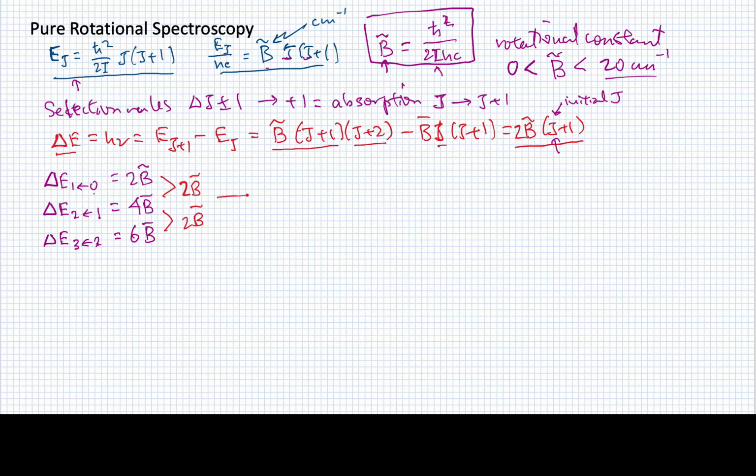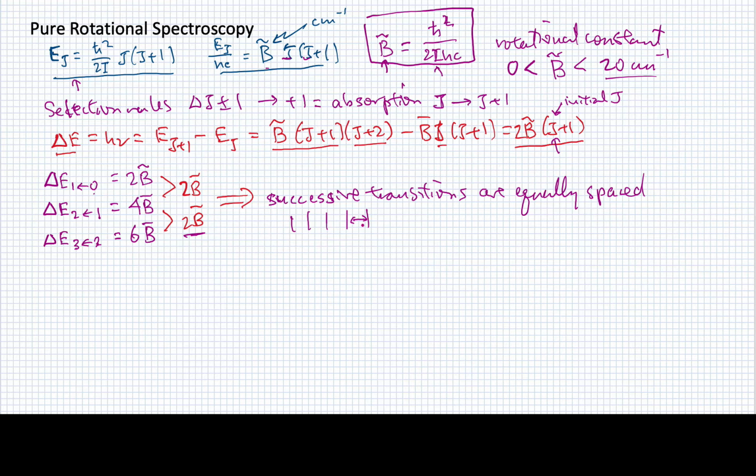This means that the successive energy levels, or I should say successive transitions, are equally spaced. And they're equally spaced by this amount that is proportional directly to B tilde. So if we look at a spectrum and we see a bunch of lines that have equal spacing between them, the gap between the lines is something that we can relate to this rotational constant. So by measuring the spectrum and looking at this gap between the lines, we can determine a value for B